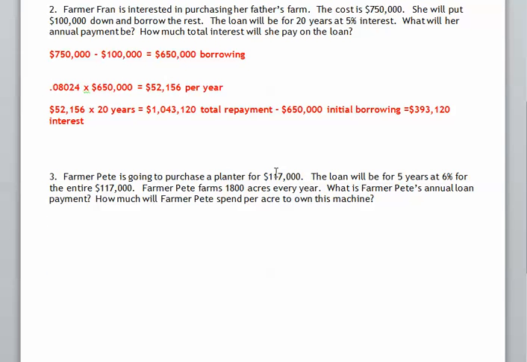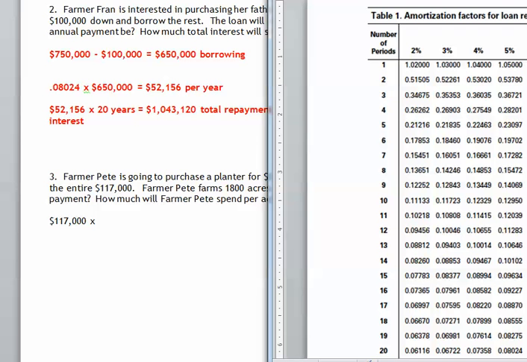Farmer Pete's going to purchase a planter for $117,000. The loan will be for 5 years at 6% for the entire $117,000. So we're borrowing the $117,000 for 5 years at 6%. Farmer Pete farms 1,800 acres. What's the annual loan payment and what will he spend per acre? So we need to find the annual payment first. 5 years, 6%,